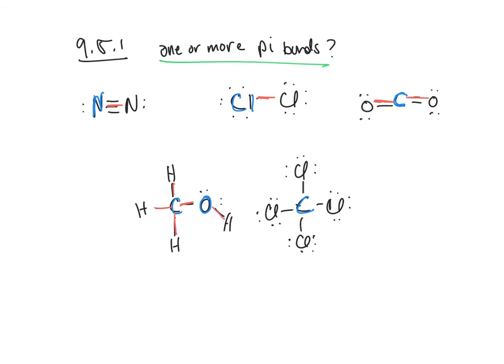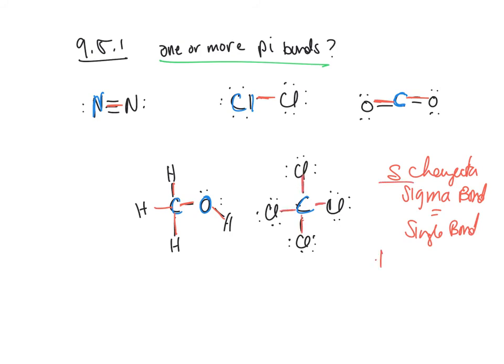And sigma bonds have to have S character. So this is called a sigma bond. Sigma bonds are single bonds, and they require S character. And they hold 2 atoms together. Those electrons have to be between those